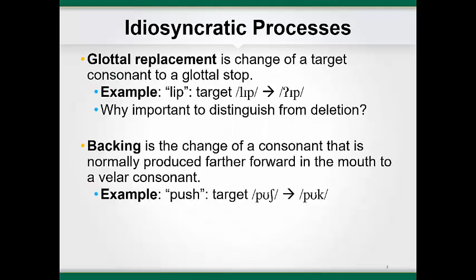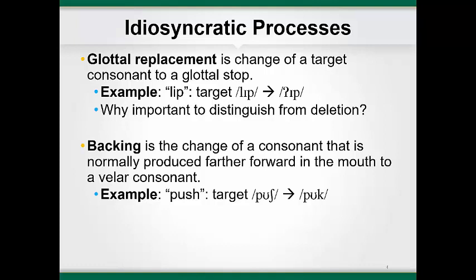Glottal replacement is one of the more difficult idiosyncratic processes to learn to recognize, but it is important to learn to distinguish it from consonant deletion. In glottal replacement, a target consonant is changed to a glottal stop. For example, a child who applied the phonological process of glottal replacement to the L in the word lip would pronounce lip as ip. If you don't listen carefully, it will sound like the consonant has just been deleted, but